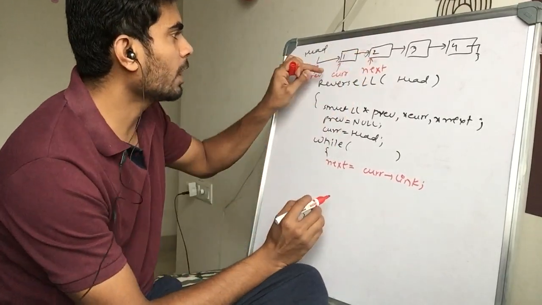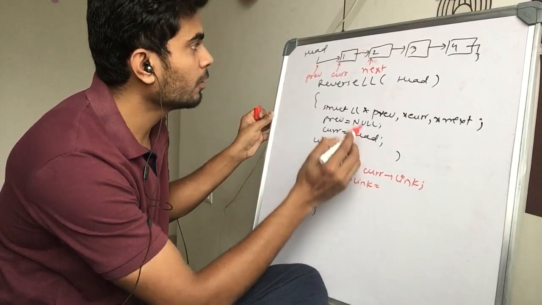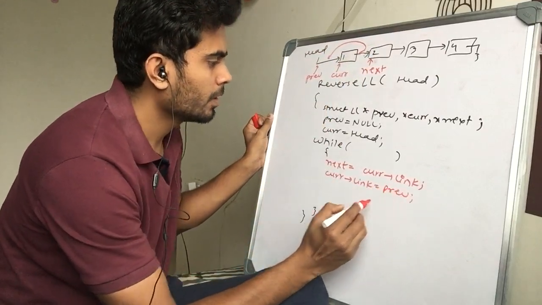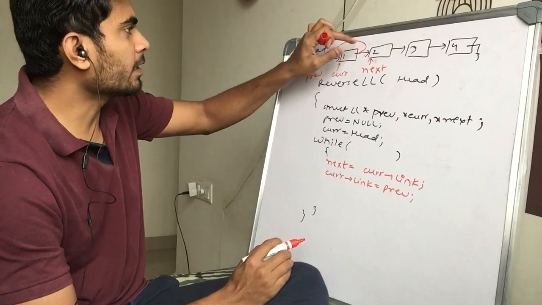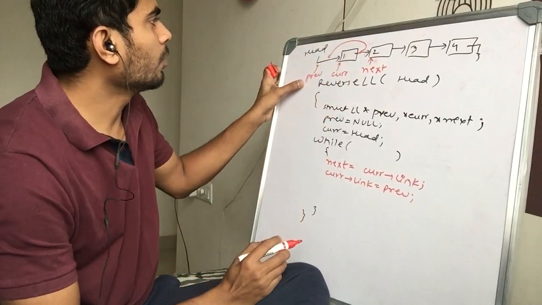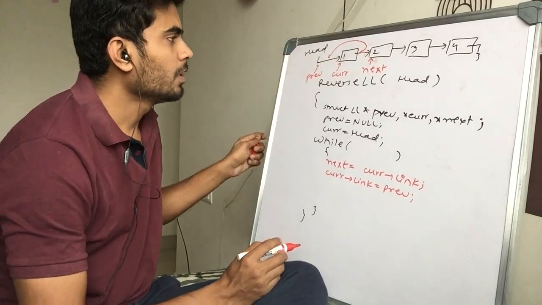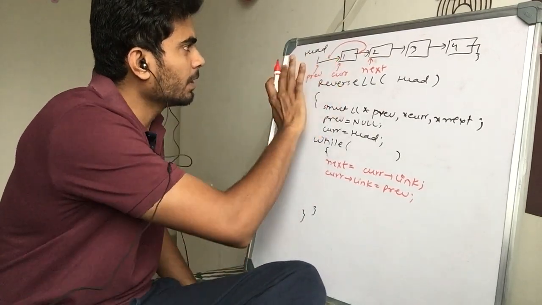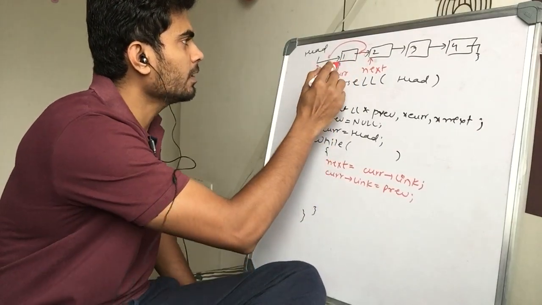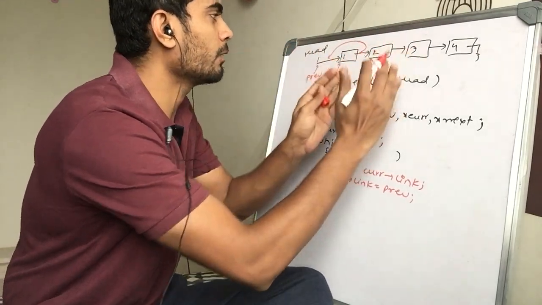Now I am able to break it, so I will break it: current's link will be what? Current's link will be previous, which is null. And then what? I have just basically reversed this. For this node I am done, though it is still pointing to the head. Am I right? Yeah. So head is still there, but let it be there. I am just using previous and current, so I am done with this, current's link is previous. Now I can shift this window of these 3 pointers by 1 to the right.